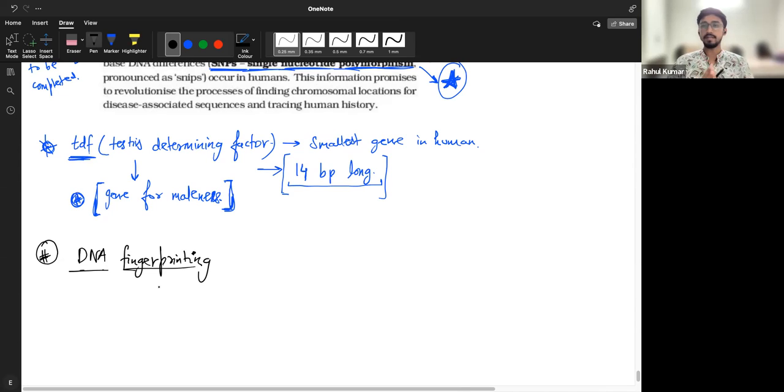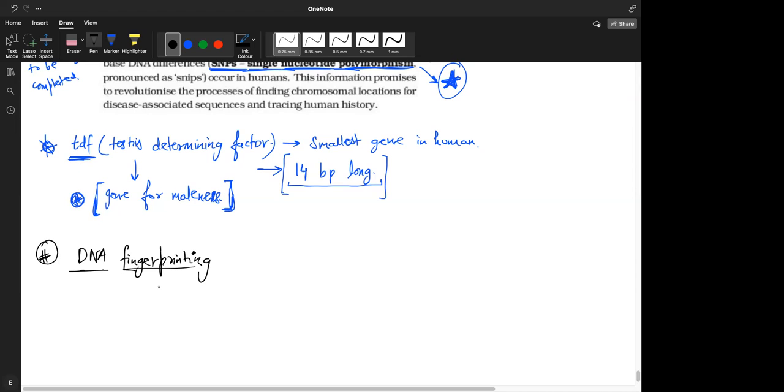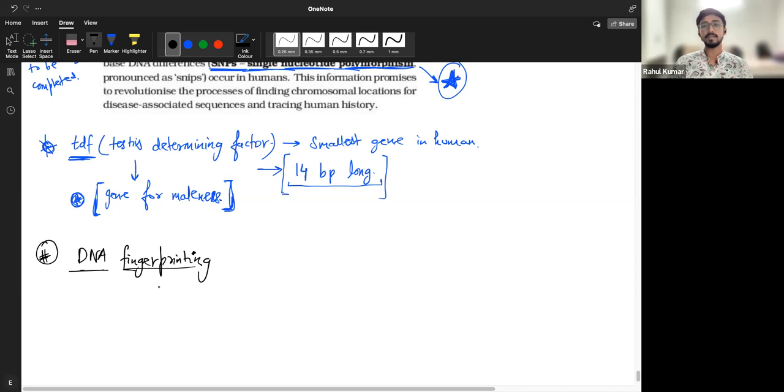How unique is it? Will two identical twins have different fingerprints, or will they have the same fingerprints? Two twins. Different? So they are made from the same zygote and still they will have different fingerprints? They will have everything the same. Color of the hair, texture of the hair, eye color, nose shape, everything. They are identical twins. They both will be male or both will be female with almost every gene identical because they are actually formed from the same embryo which got divided into two due to some abnormality during division, cleavage